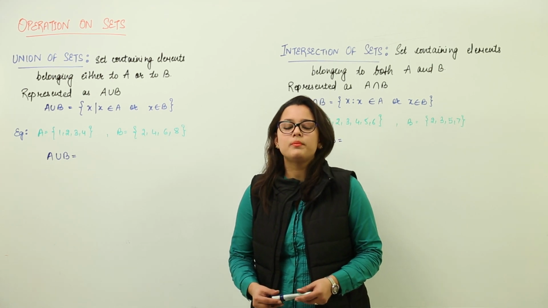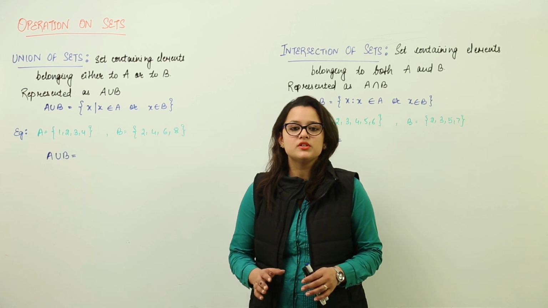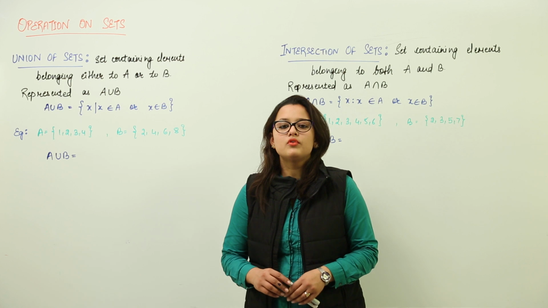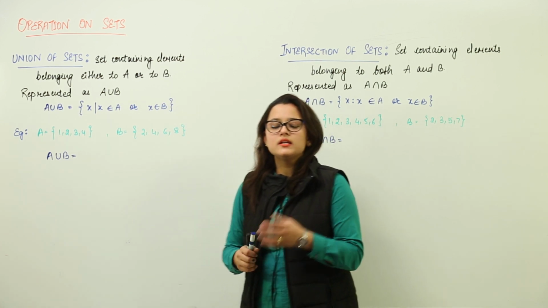We are going to do operations on sets. Now sets have two kinds of basic operations. One is union and the other is intersection. For union, what do we have? Union of sets means there is a set